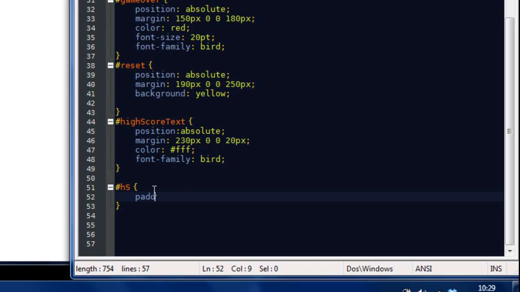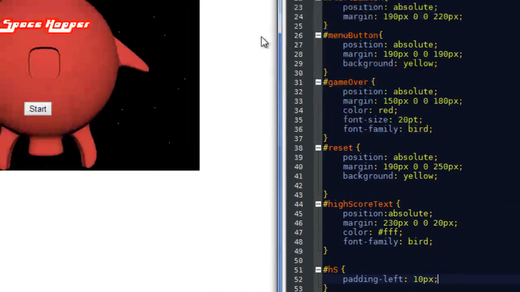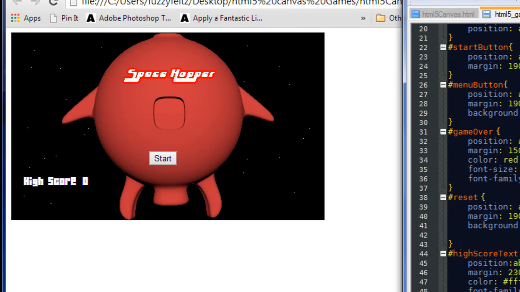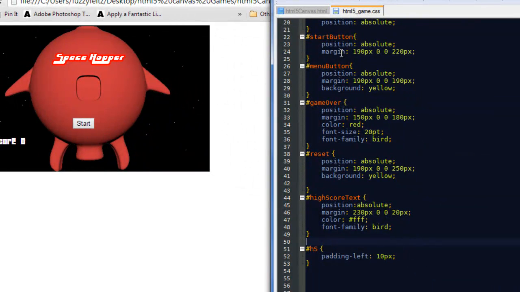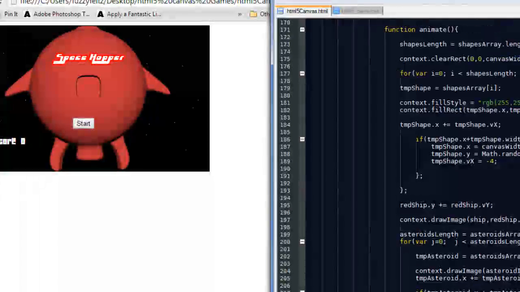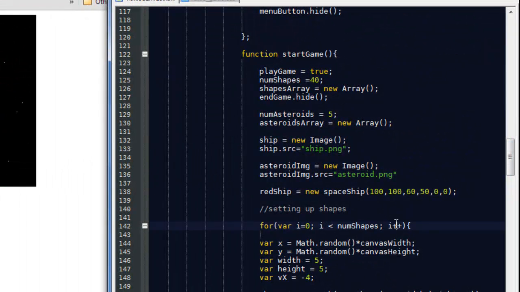But what I am going to do is change the padding left to 10 pixels. So now there should be a gap. There you go. A gap between the value of the high score and the actual high score text, and that's what we want. So if we now jump into our JavaScript,